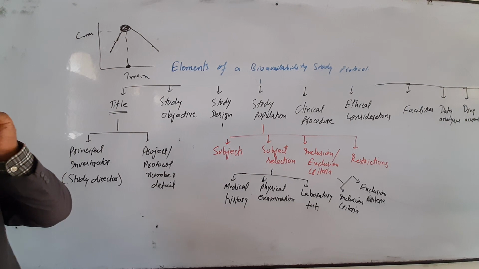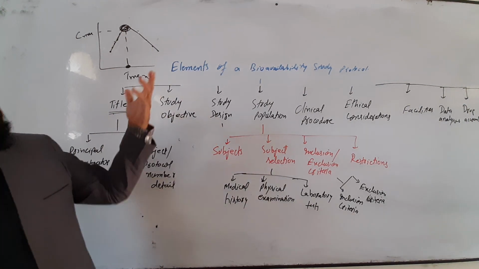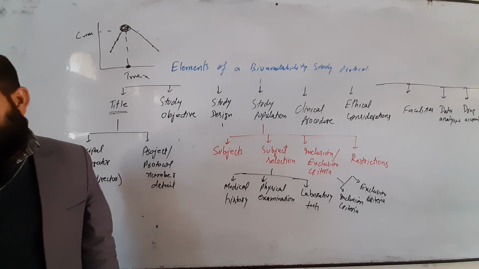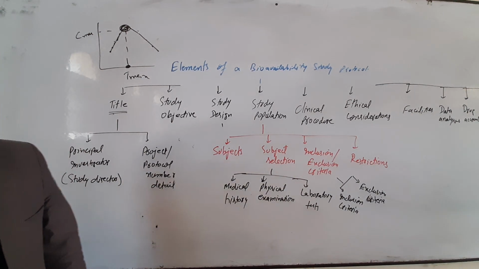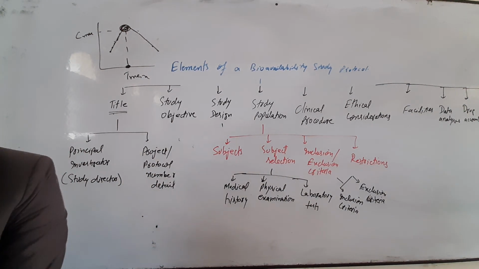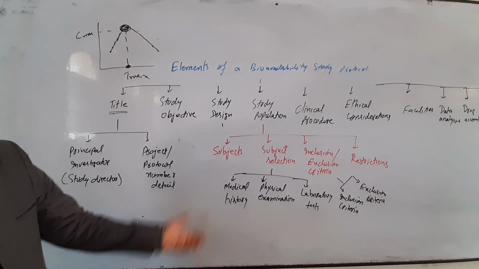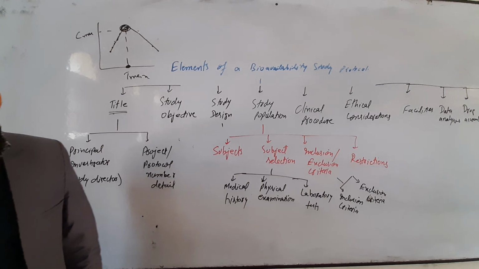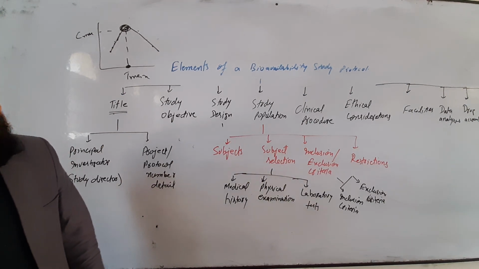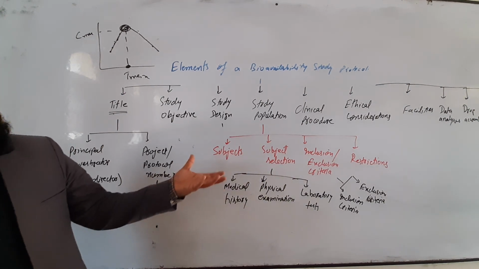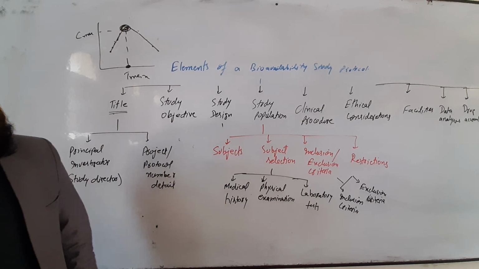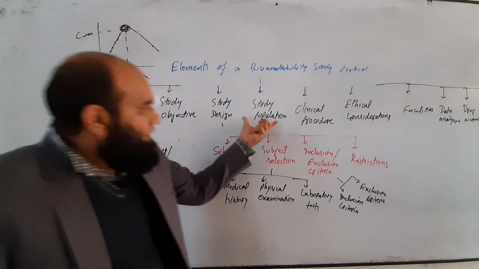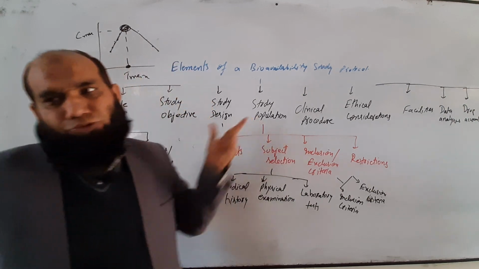Then we will study the study design. Study design means we are performing either the parallel design or the crossover design. Among the study design, we already know about the drug product. There are two types: test and reference, and the other is dosage regime. And there are some analytical methods and some parameters which are directly concerned with the human volunteers which we are using in the bioavailability studies. Next, our concern is study population.